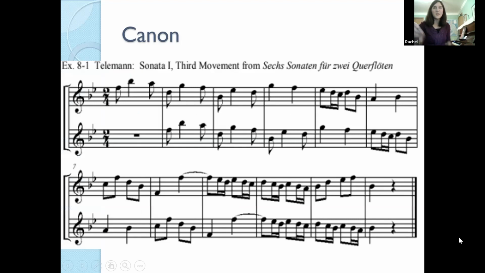Okay, here's an example that's kind of cool. It's a little bit tricky to play because your hands are crossing like this, okay? But again, this wasn't written to be played on the piano so much as other instruments, okay? This is by Telemann. And just listen, okay? You can clearly see, it's only 2 voices long. You can see clearly where the leader starts and where the follower starts after that. Okay, and I'll try to not get my hands mixed up too much. We will see.